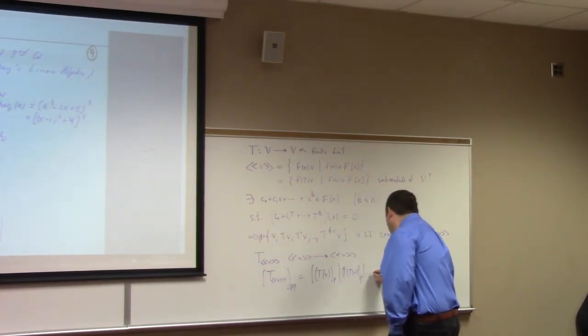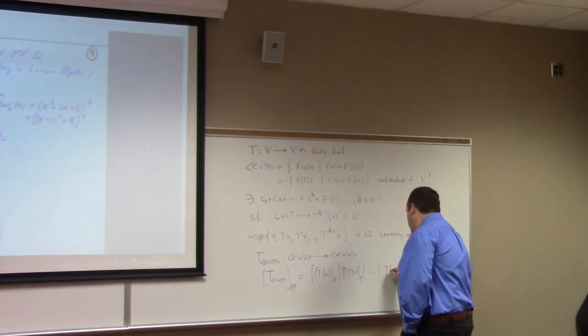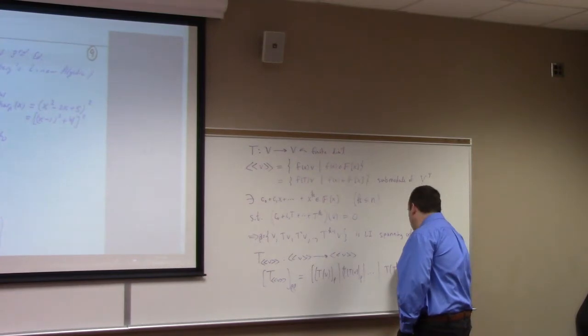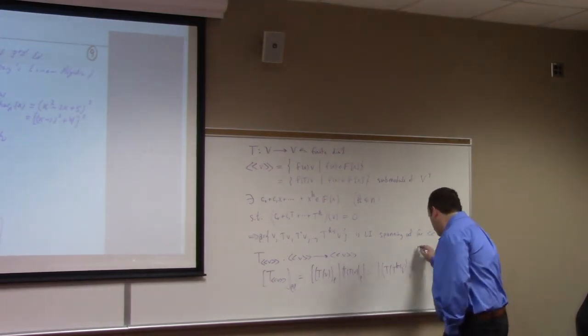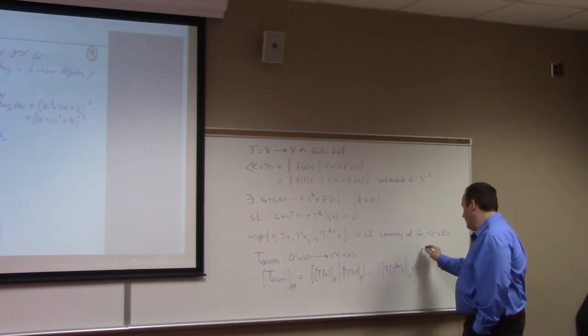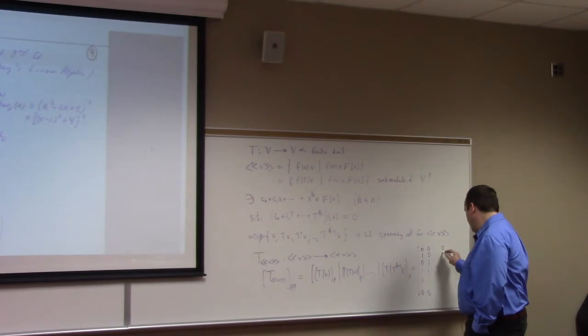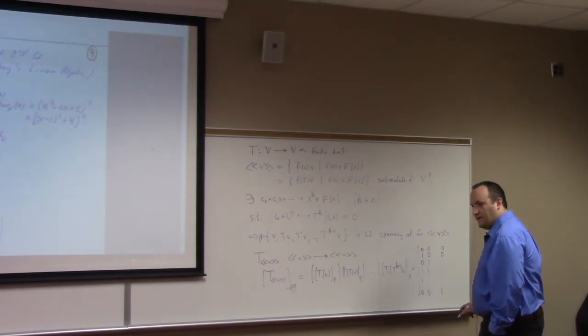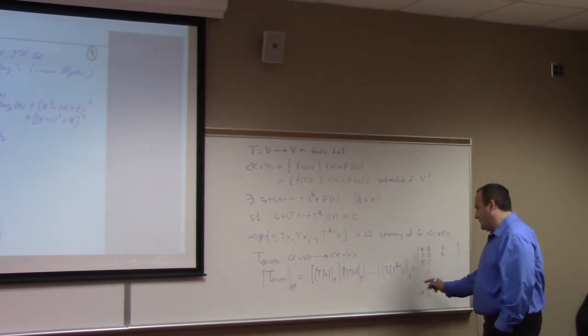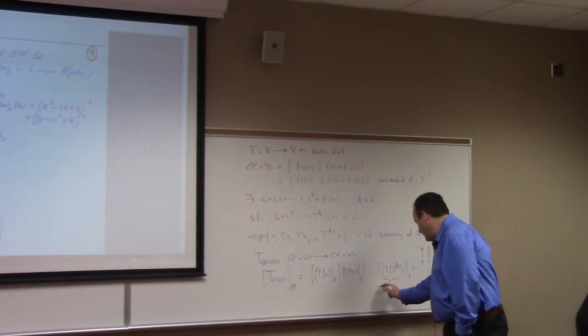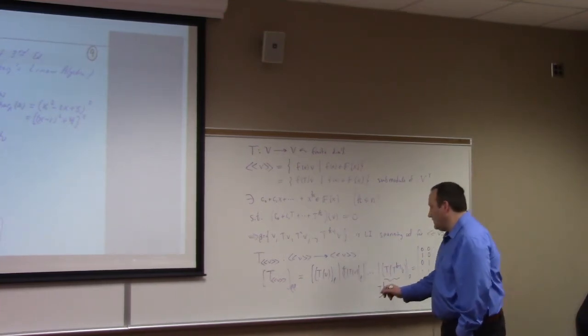Beta coordinates, and so forth and so on. Eventually we get to T of T to the K minus 1 V, right? Beta coordinates of that. And so what you're looking at here is 0, 1, zeros, 0, 0, 1, zeros. The next to last column, 1 in the lower thing. And then in the last one, this is, of course, T to the K acting on V, which you can